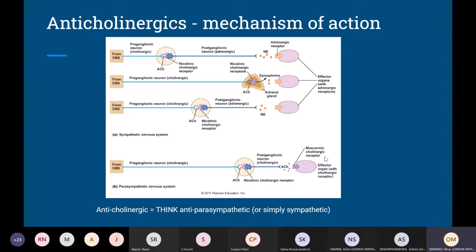So that's the main mechanism of action. But you also can think of other anticholinergic medications, such as atropine, which increases the heart rate, because obviously it will be that fight or flight response, and causes dilatation of the pupils to try and get as much light in as possible. Tiotropium bromide causes bronchodilation, because obviously in the fight or flight response, we want as much oxygen